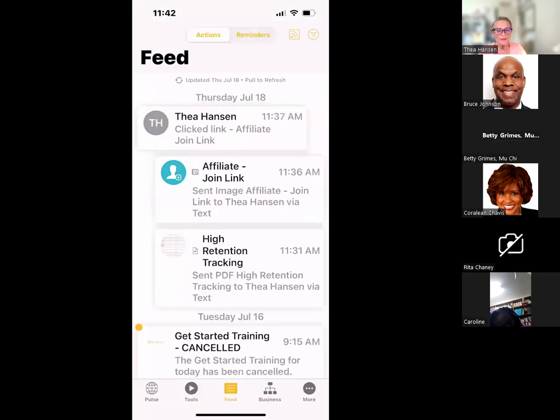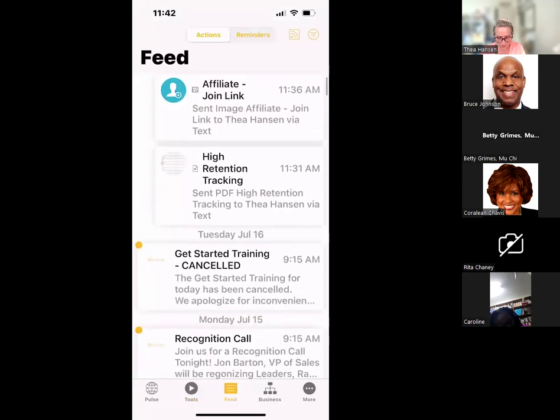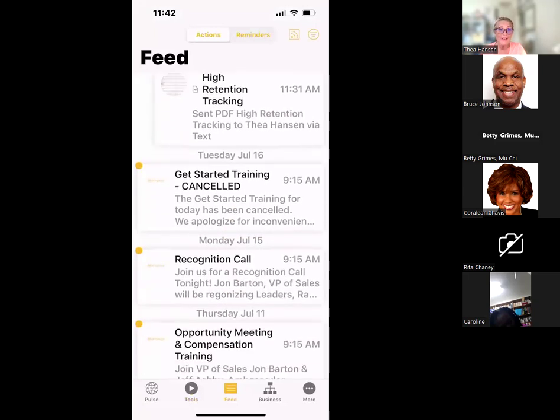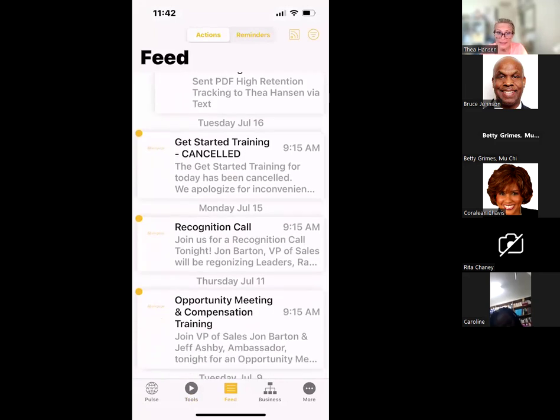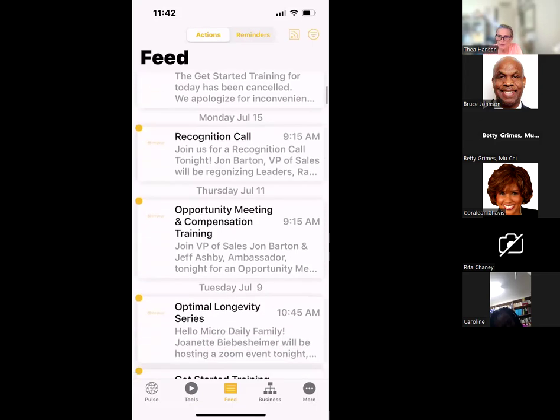Feed will feed you information in 3 different areas. The first one is it will feed you information about corporate calendar events. So if you go in here now, feed is not a sharing place because the only place you share, remember, was from the tools section, the homepage we've been on. So this is for your eyes as a business owner. So you go in here and say, oh, maybe I should do the recognition call, or maybe I should do the opportunity meeting or